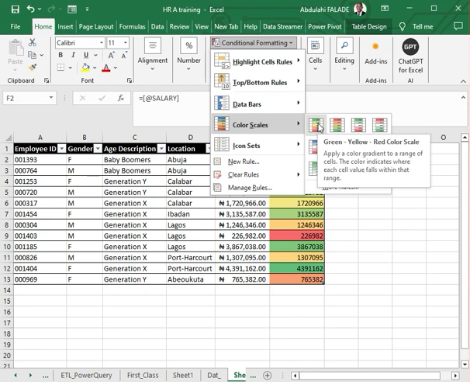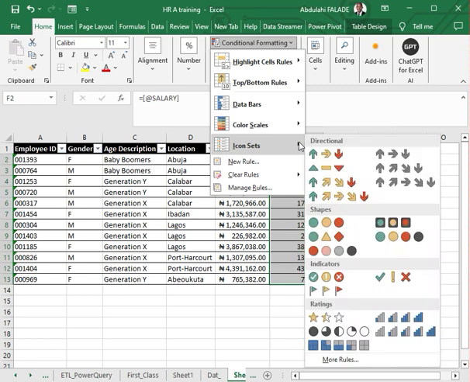It will show you the value, the kind of difference. So the larger value will take the green, followed by the next, followed by the next, and the least will always take the red. You can see the green, yellow, red color scale. So let's use this,